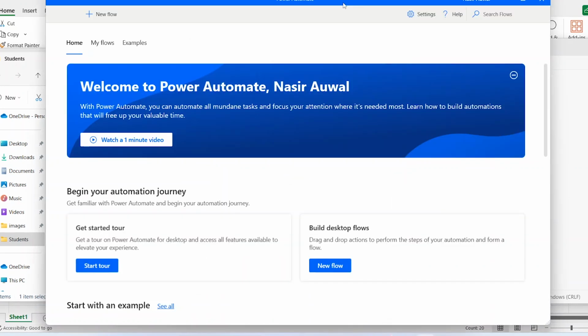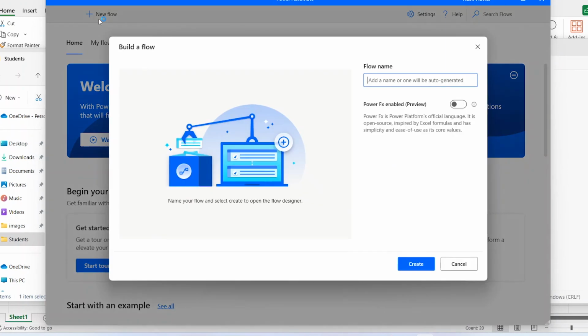We are going to automate our task by breaking it into 3 simple steps. First, we'll read the text file containing our list. Then we'll create a for each loop to iterate through each line in the text file. And after reading each line, we are going to create a folder with the text that we got as input from the text file. So let's create a new flow or new task and then give it a name,